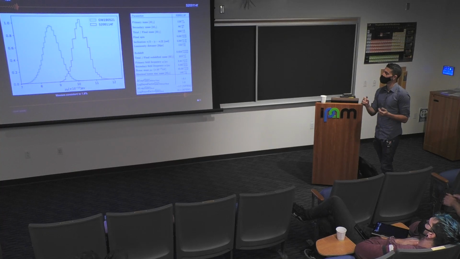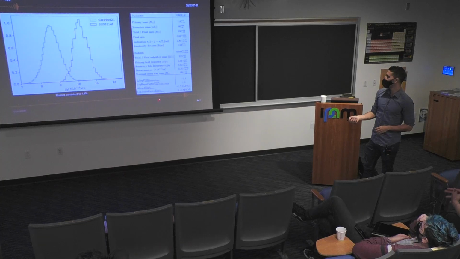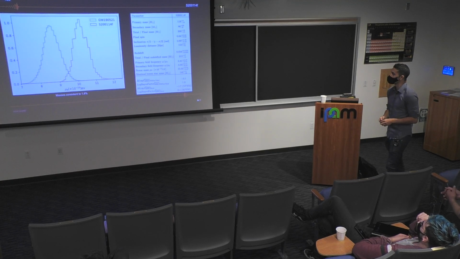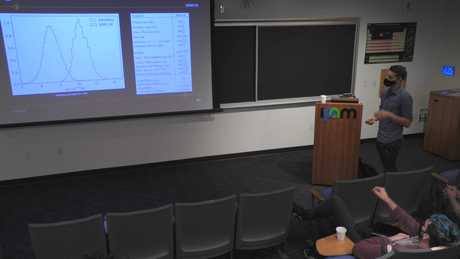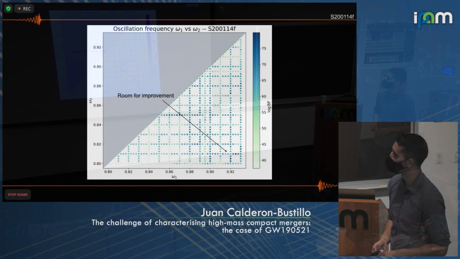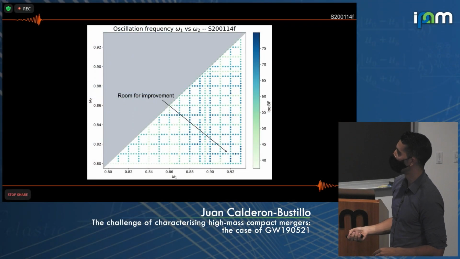So if we started to do less eccentric configurations, we would have that contribution to the angular momentum to the final spin that would allow us to reduce the spin of the two stars and therefore vary the oscillation frequency of the field and therefore enlarge all of these posteriors. And there is, again, a slight preference for the Proca star scenario when we compare to black holes. And there's also room for improvement.